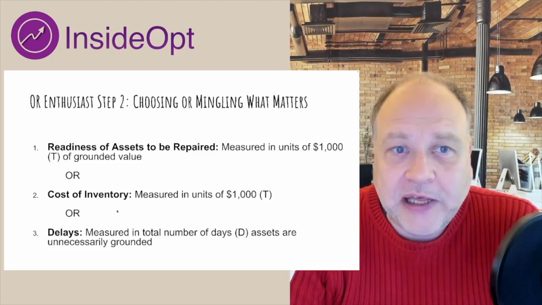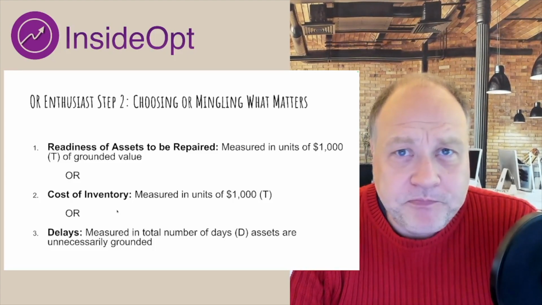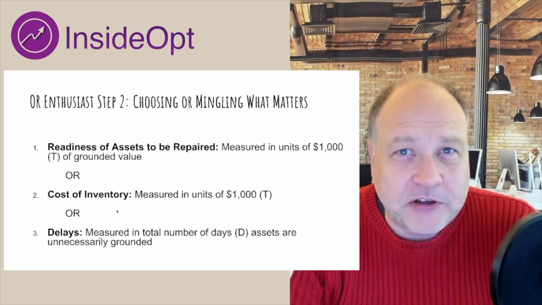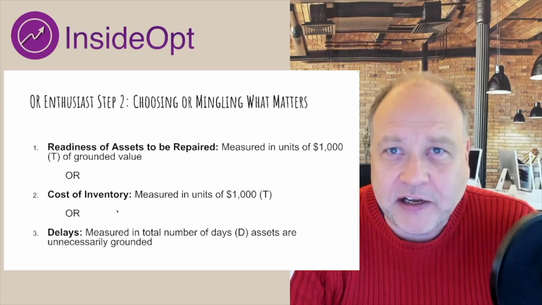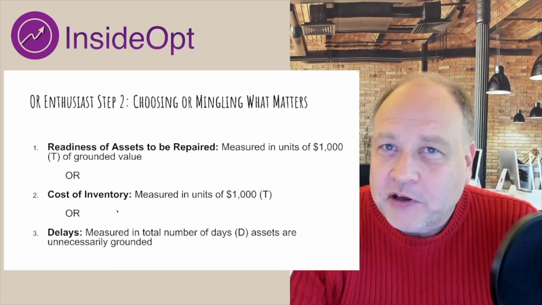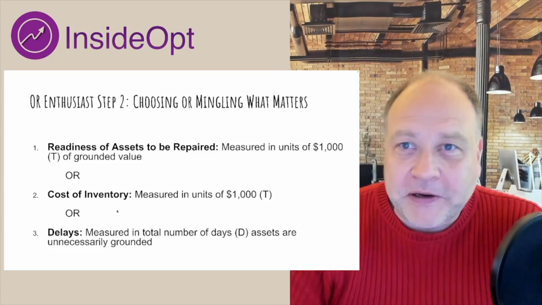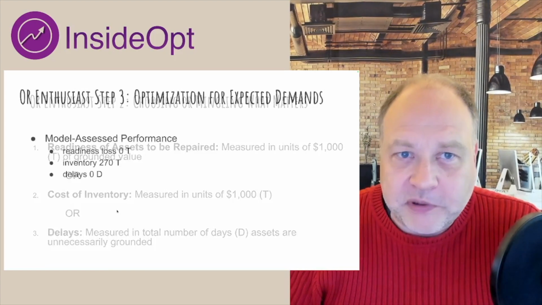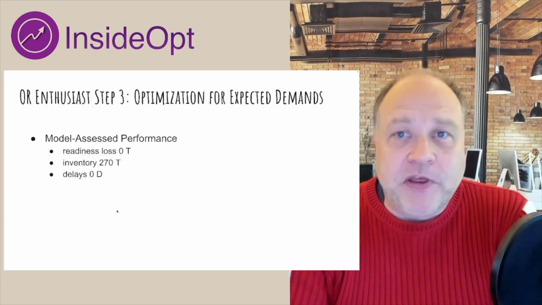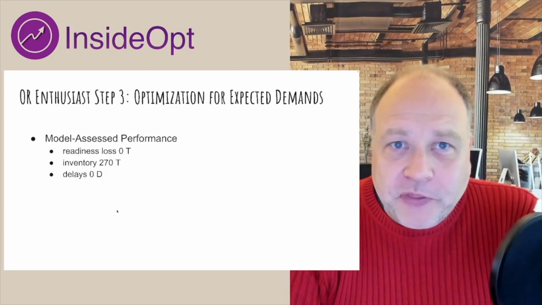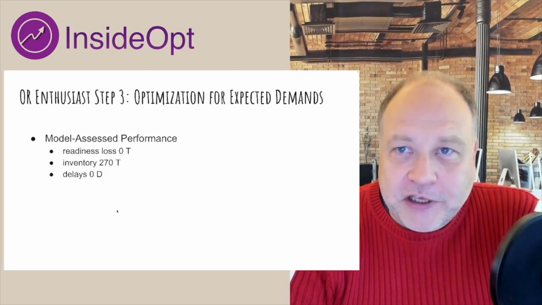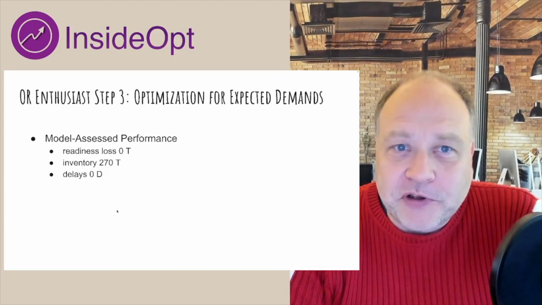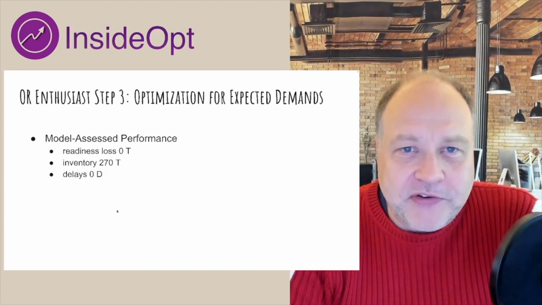The respective weight that you should give each of these is not really something that you can do before you've actually seen the data. So it's not very prescriptive, let's put it that way, if you're doing this. But this is the common way on how such a problem would be modeled. And then in the third step, you would then take the expected demands from your digital twins, optimize this, and